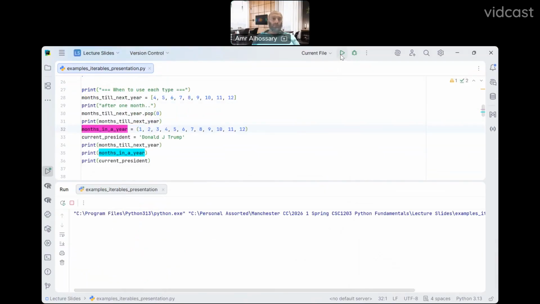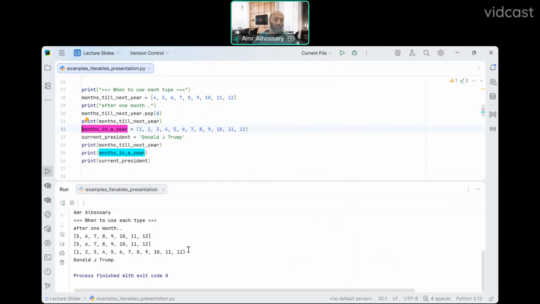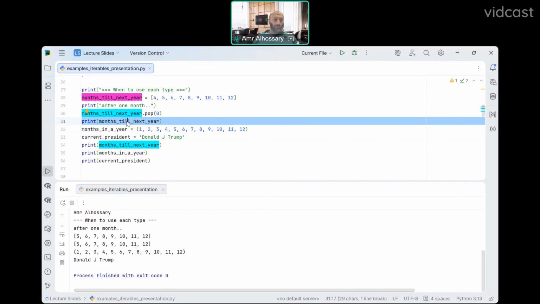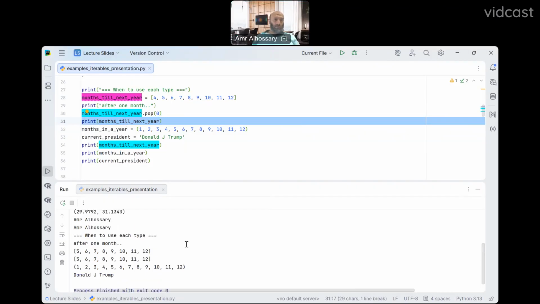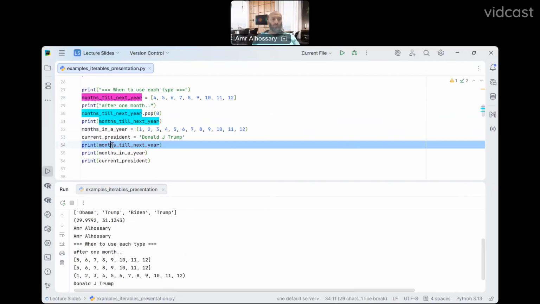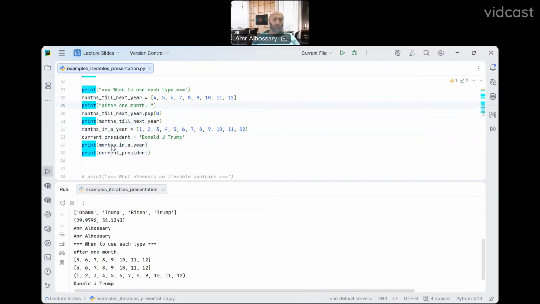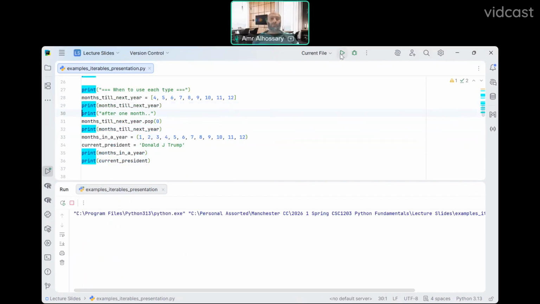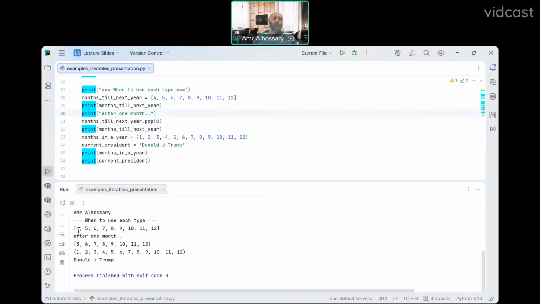Print again, run again. Sorry, it should be above this line, not below this line. I should print this first. Okay, let's do it. So 4, 5, 6, 7, 8 until 12. After a month, it will be 5, 6, 8 until 12 only. Okay, but if we try to change anything in these,